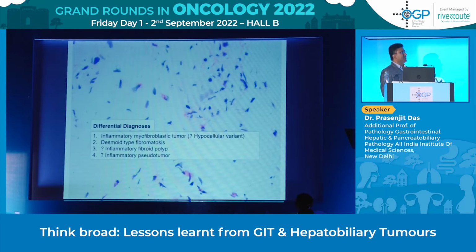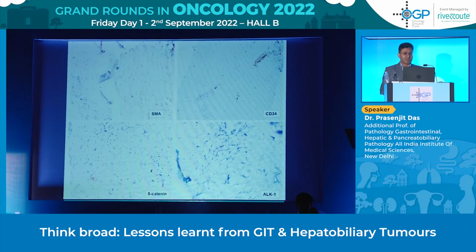So we kept a differential diagnosis because we need to characterize the tumor. We thought it is a hypocellular variant of IMT, because all of us know there can be either a nodular fasciitis-like variant or hypercellular variant or hypocellular. We thought that is the closest match, or it can be a desmoid type fibromatosis. We thought, though there was no perivascular arrangement, can it be an inflammatory fibroid polyp or an